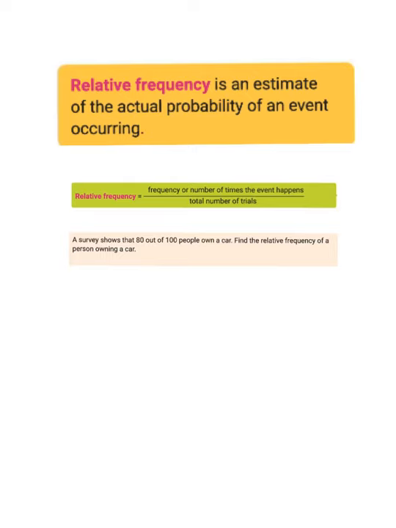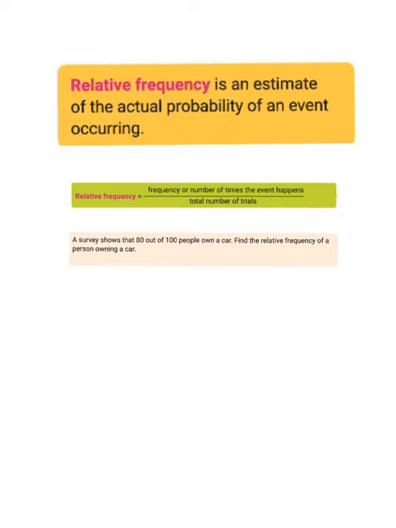Okay, so we're still in the chapter probability today, but just moving on to a new term, and it's called relative frequency. Now, relative frequency is an estimate of the actual probability of an event occurring. Okay, so the formula for a relative frequency is frequency all over the total number of trials, which is pretty much the same as probability, but we just use relative frequency